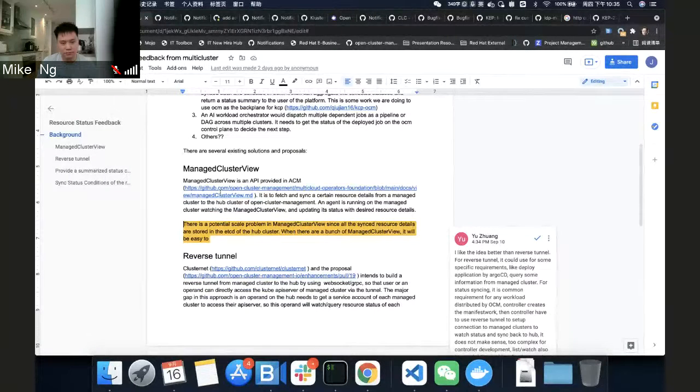One of the solutions that we use in ACM today is the managed cluster view. You can create a managed cluster view in a managed cluster namespace, and then there will be an agent that syncs the resource status back to the managed cluster view. This can be quite useful because you don't really need to watch each managed cluster separately, but it also brings some scalability problems because we